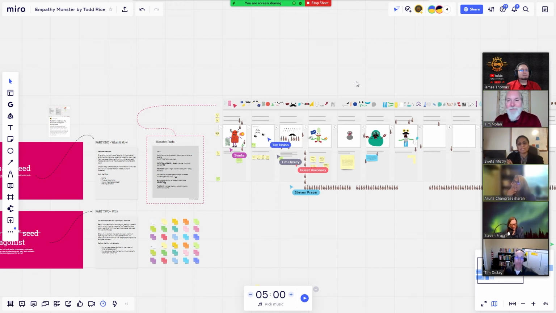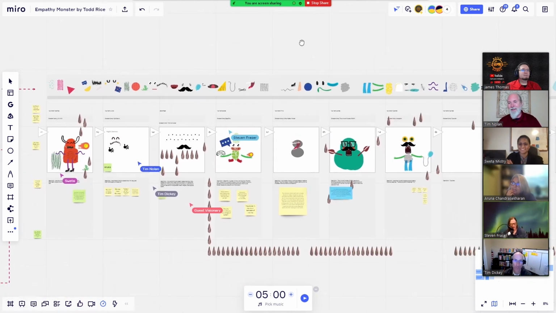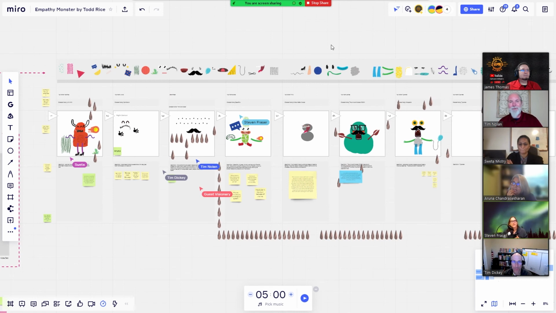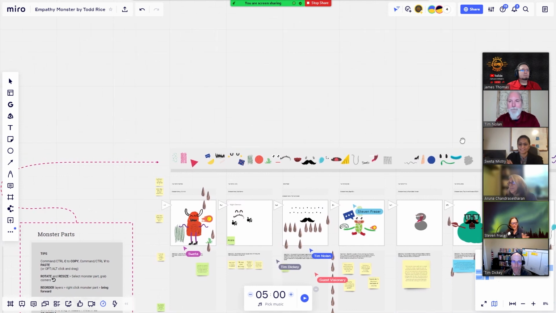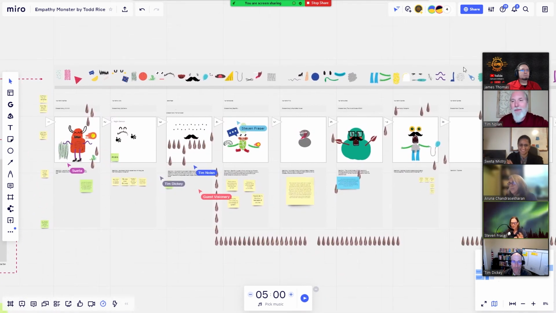Yeah. And I really like that when you talk about the empathy part, you're not talking about your own monster, you're talking about somebody else's. Really adds a different lens to it, which is really cool. Actually, that was kind of a challenge, to talk about this other monster. It's really good practice because people make crazy monsters. So how do you relate to this crazy monster, right? And that was a big challenge, and that was fun, actually trying to warp your mind into what the heck is going on here. What positive,